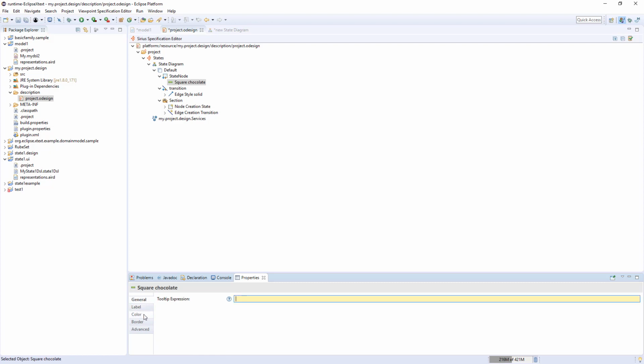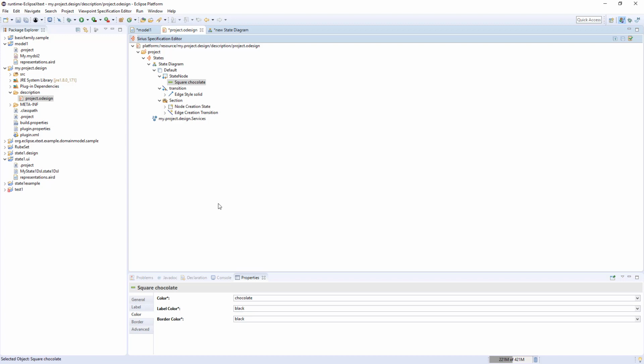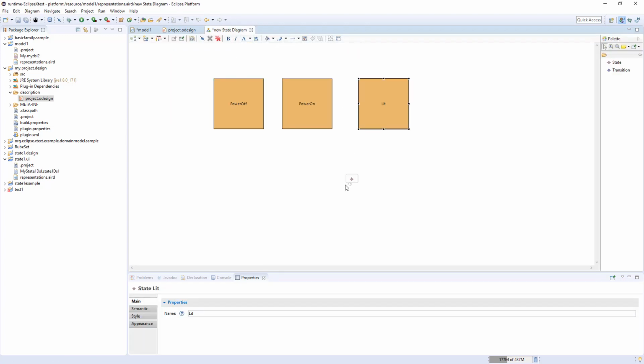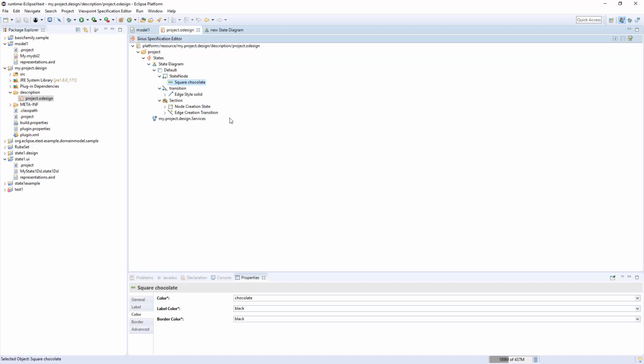Oh, because the color isn't really chocolate. There. How is that? Is that better? Okay. So this is the representation for each of those states. It's like milk chocolate with way too much milk. It's like you have dark chocolate and chocolate. Okay, so